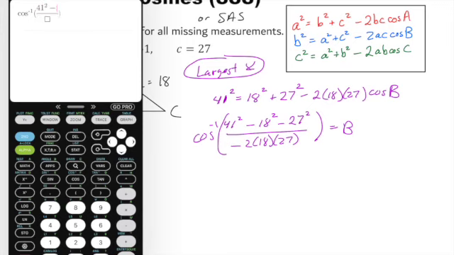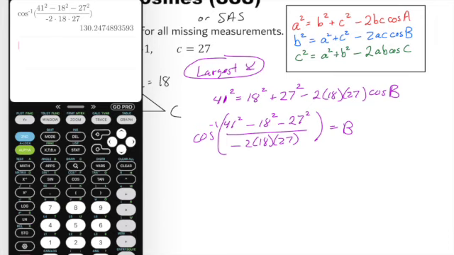41 squared minus 18 squared. And that's a really handy trick. Some scientific calculators have that option too, where you can make a nice fraction so you do not have to use extra parentheses all over the place. And so now let's hit enter. Let's see what our calculator gives us. And it does give us that angle B is about